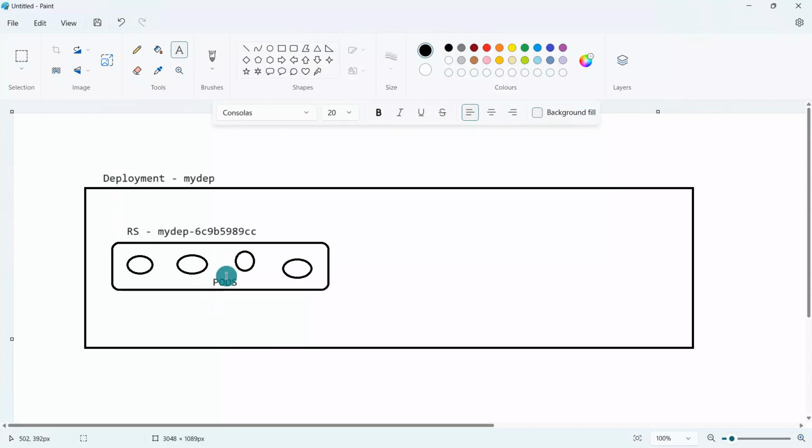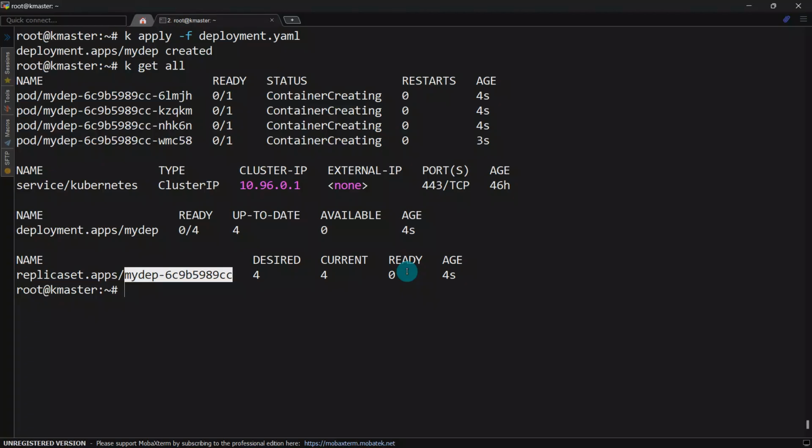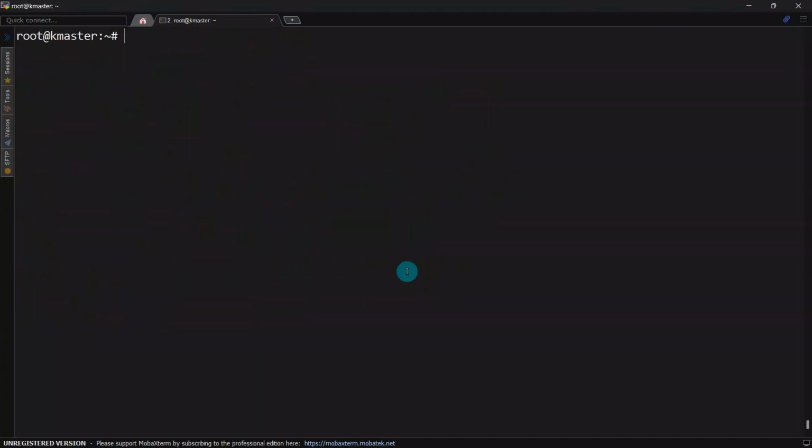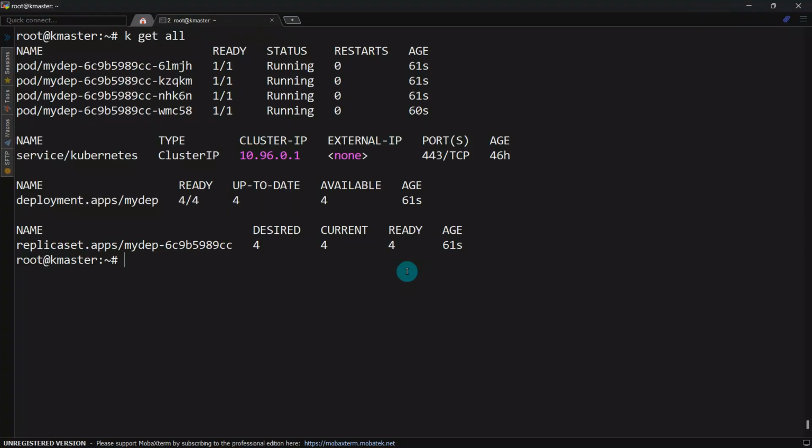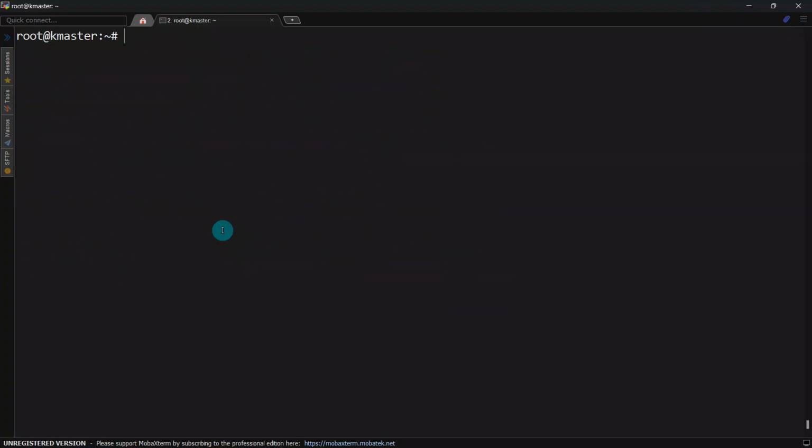Now this much we understood. Okay, let's see if all the pods are up and running or not. Yeah, all these pods are now in running condition, and that's why 4 out of 4 are ready. Okay, so all clear till now. Now let's go ahead and upgrade our application. So how are you going to upgrade it? You just have to modify the image or modify the tag associated with that image, and that's how we usually